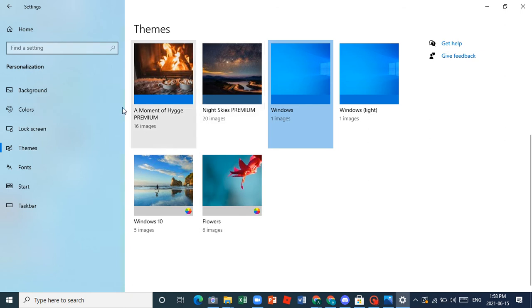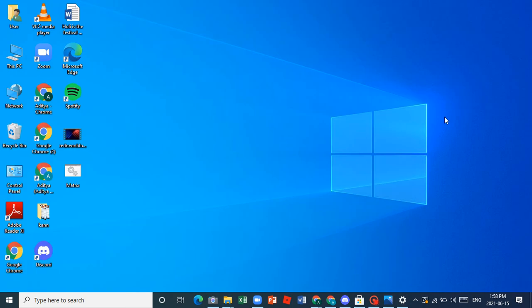Now you have these wallpapers in your computer. You can see these two, the premium ones, are not offered by Microsoft. I have downloaded them using the Microsoft Store. Now you have the Windows 10 flowers. If I choose this one, for example, that picture only won't come. It will be some other picture.